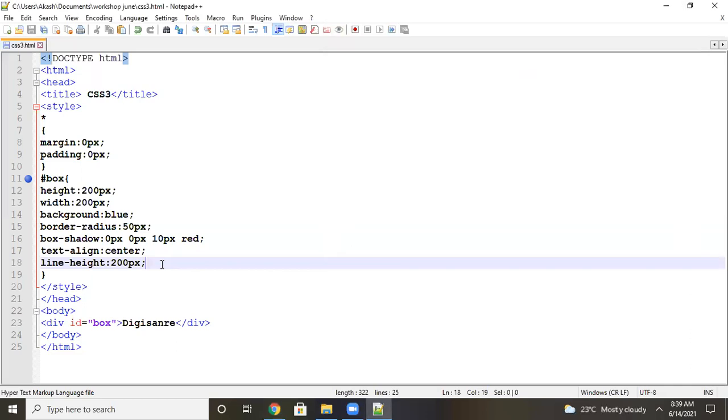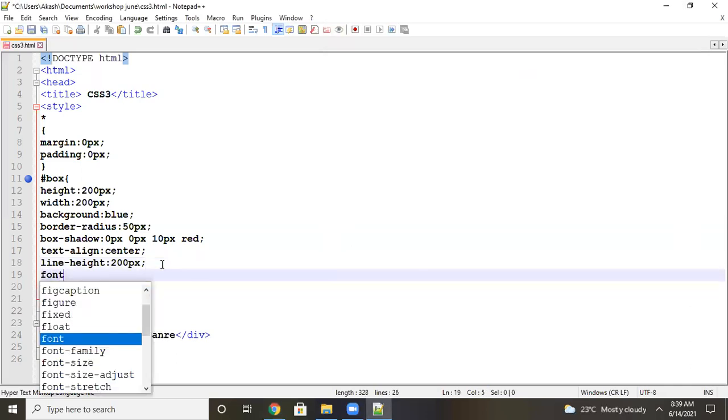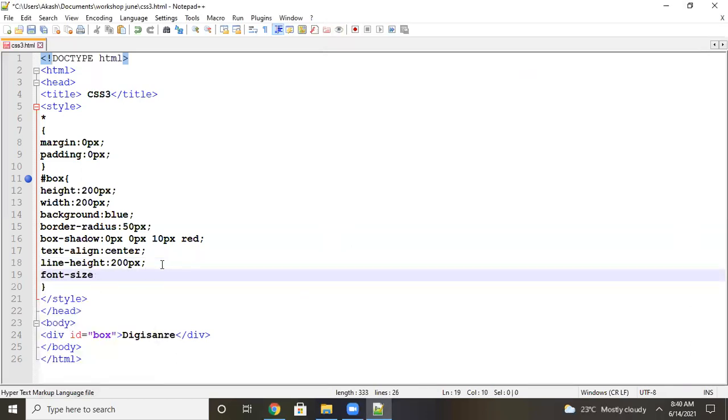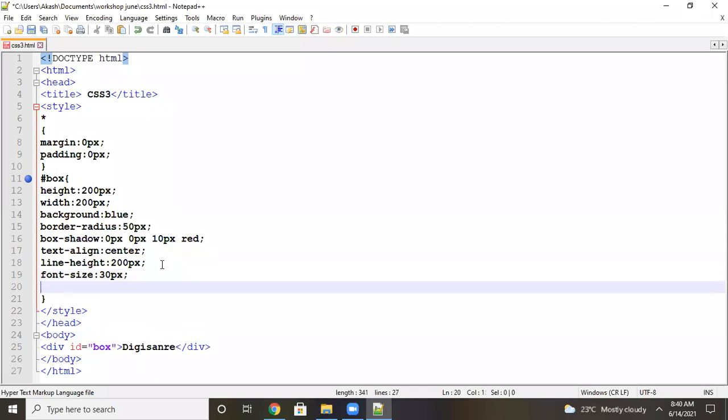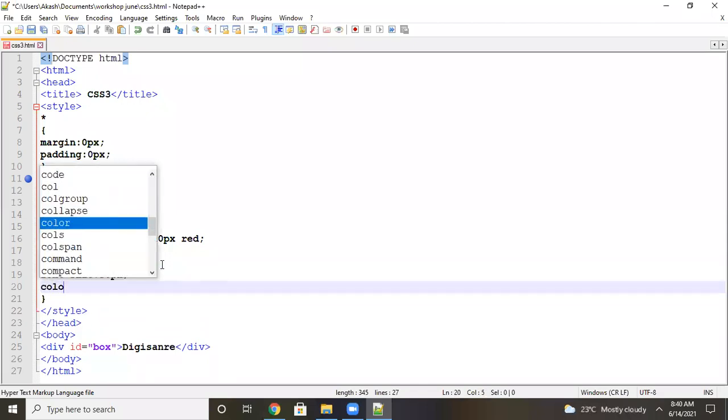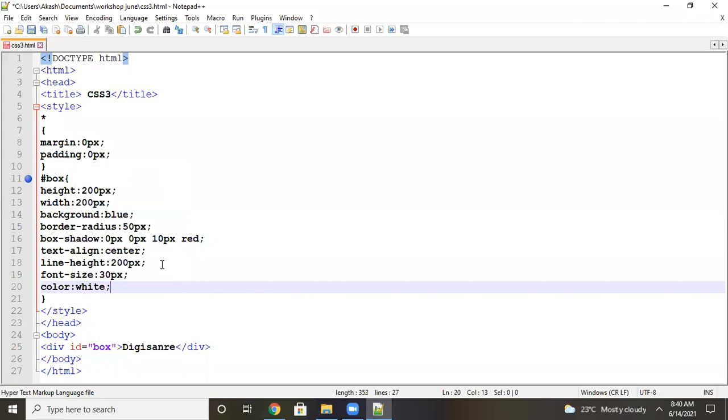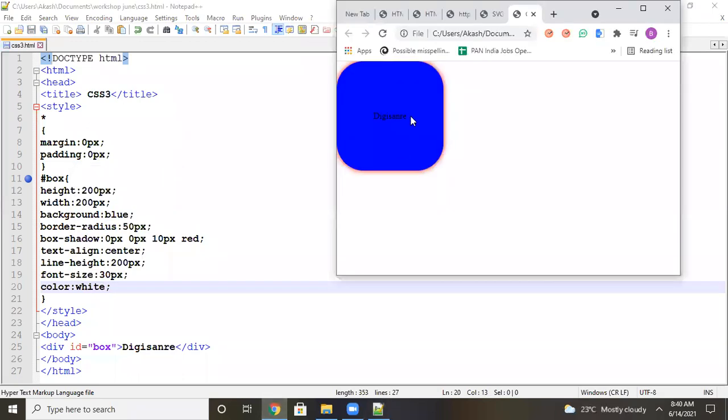Now I will increase the font size to 30 px, and also mention color white. Now you can see here.